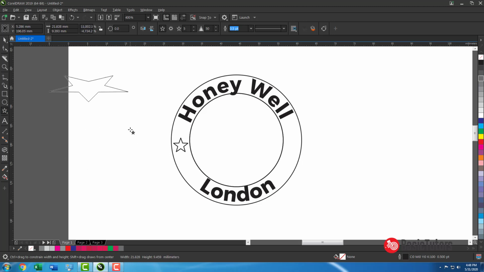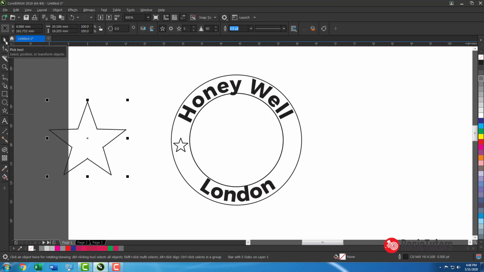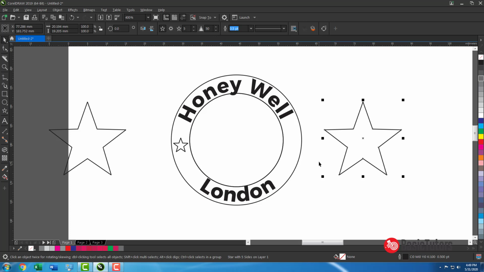Without Control it will be like this. If you press Control, a uniformly proportionate object will come. Also, while moving an object, if you press Control, it will constrain to a straight line. Control is for constraint, keep that in mind.